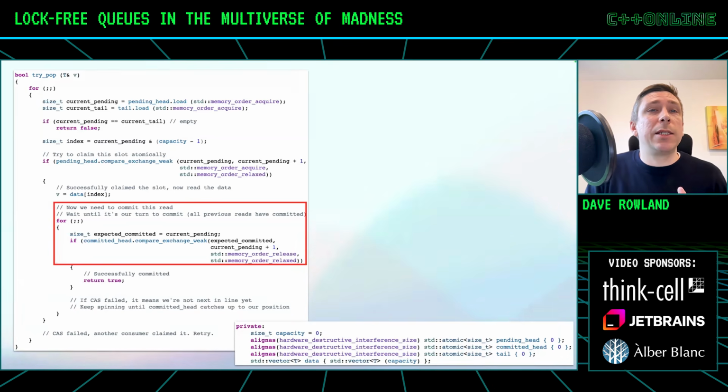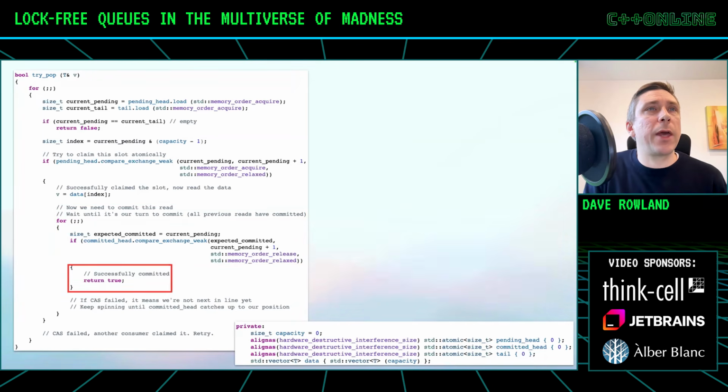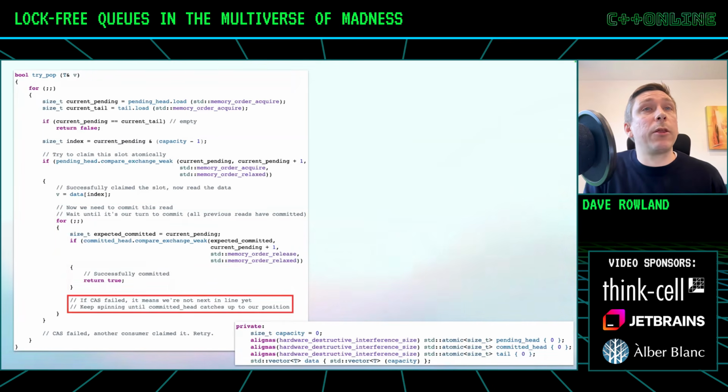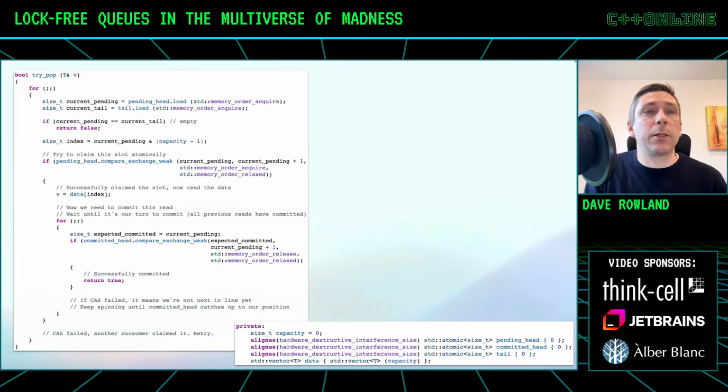And what this means is they have to do this in order. So the thread that comes across first, any threads that come after have to wait for the preceding threads to commit their values first. And if they're able to do that, that's fine. Otherwise, it means another thread is in the process of trying to commit, and we have to just wait for